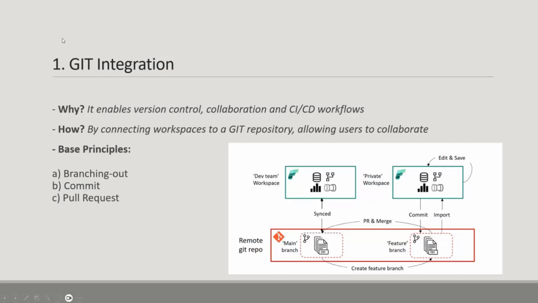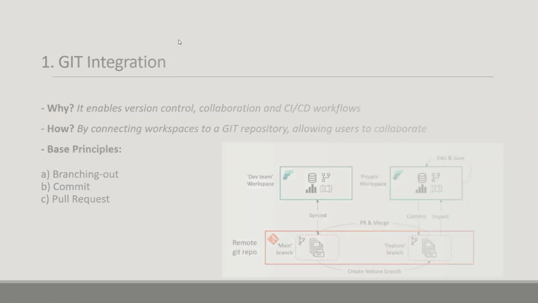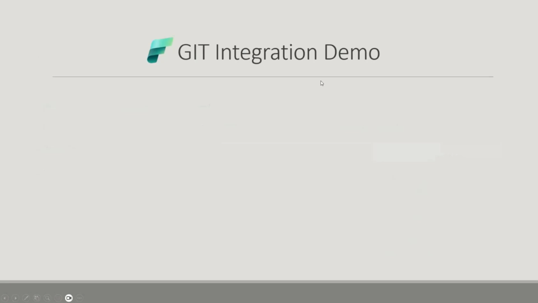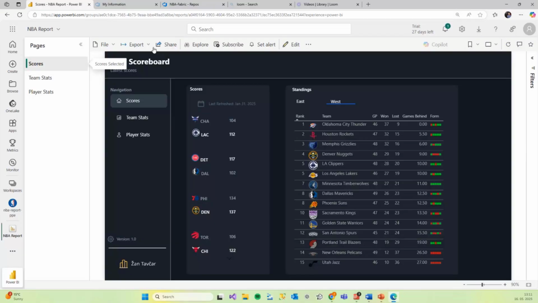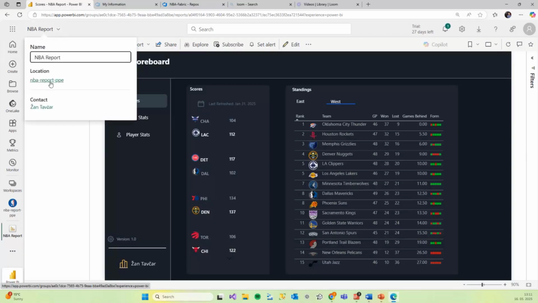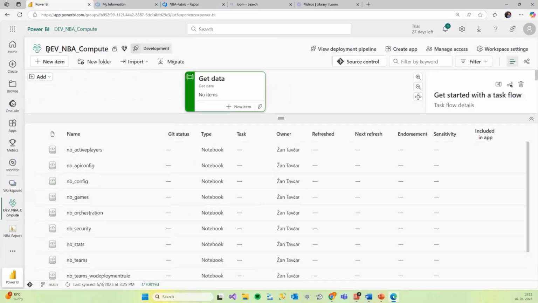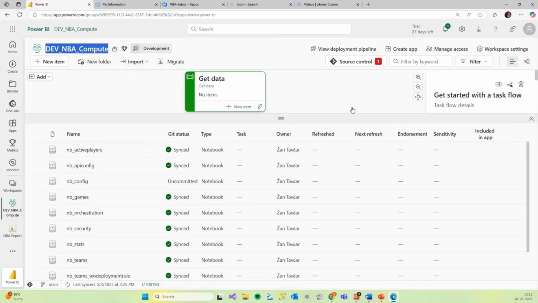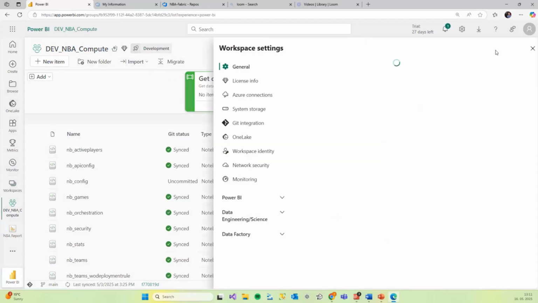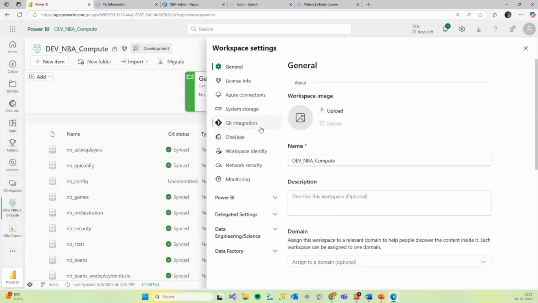So now let's just jump to a quick Fabric demo just to discuss these three main concepts. So, connection to the Git repository. If I go to my Dev MBA Compute workspace, we will go through workspace structure and architecture later on. But here you're able to see that under the workspace settings, I have Git integration, okay? And if I click on it,